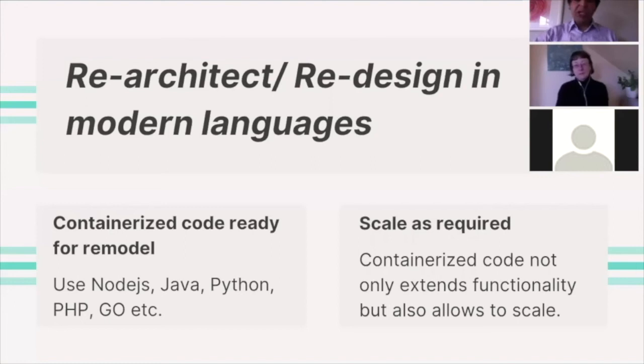You can just use Node.js or Python to add functionality. For example, if a statement is being generated for a PDF and a printer, and suddenly you want that same statement in JSON format for mobile consumption, adding it is as simple as a few lines of code incorporated into the containerized code. It'll give you the ability to deliver within a short period of time. Now your mobile app has the statement delivered in a way it can display in its own format. As a bonus, you will get higher scaling because of the cloud.